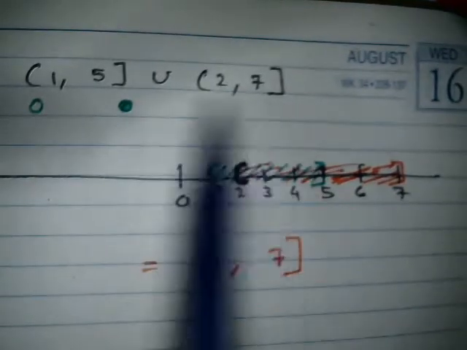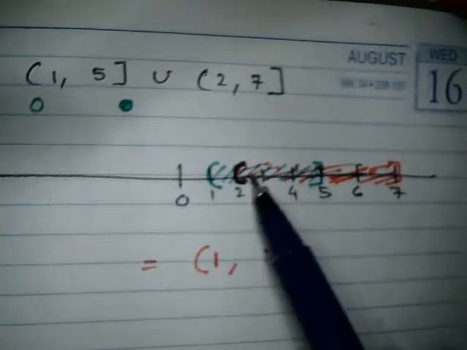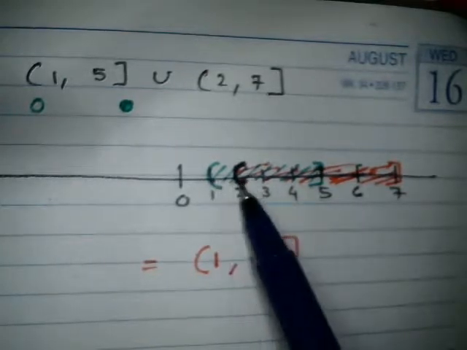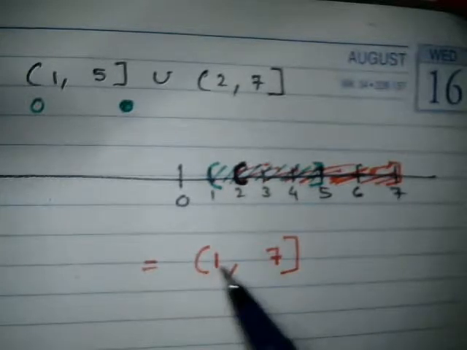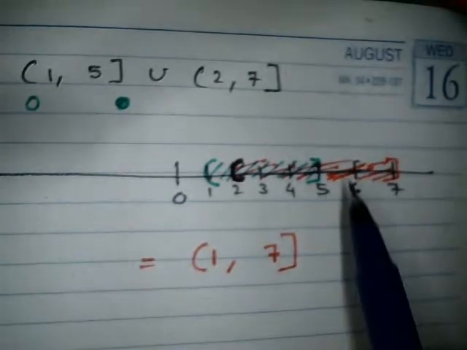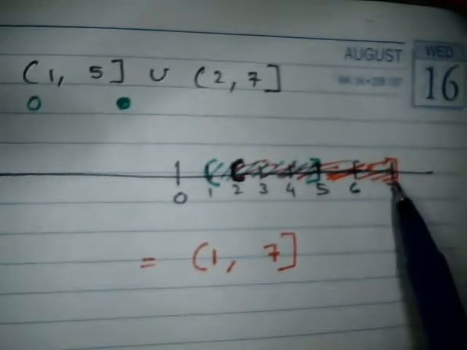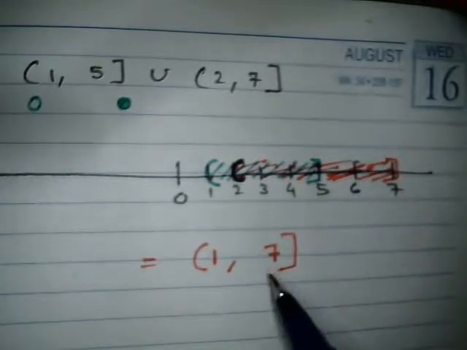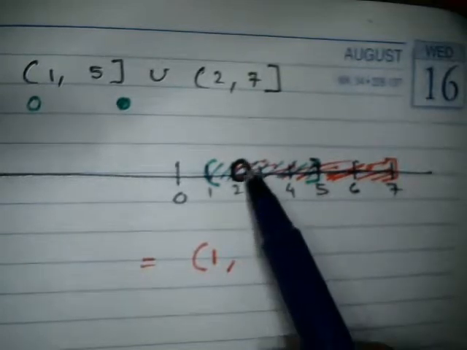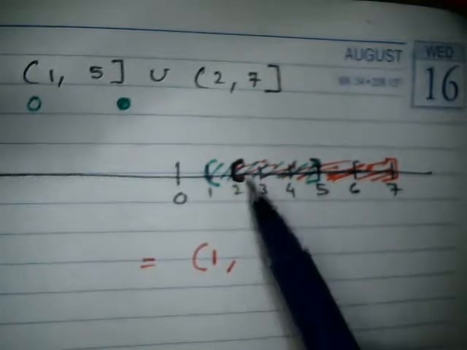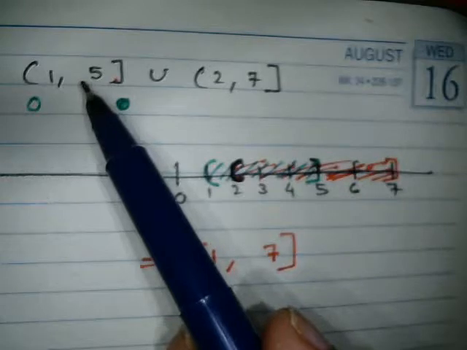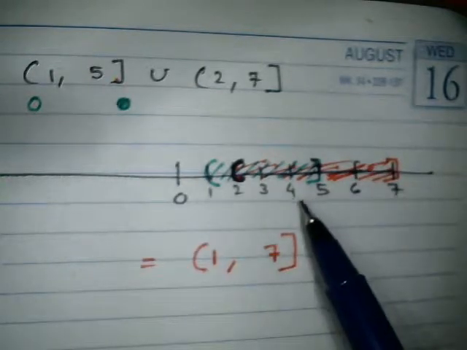This part which contains the green and red line is the common part, so that part is also coming in this. From 1 to 2 it is going to be the uncommon part, so that is also contained in this. And from 5 to 7 it is going to be uncommon, that is also included, correct? And 5 is included in this set, so 5 is also included. And 2, on 2 it is open, correct? On 2 it is open, but 5 is included in this set. So whether 2 is included or not, that is going to be decided in this union set, correct? Now I will take one more question.